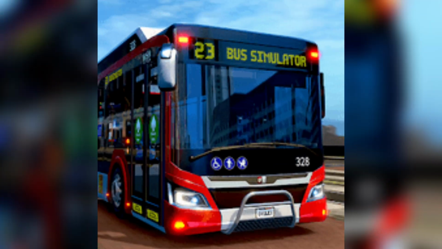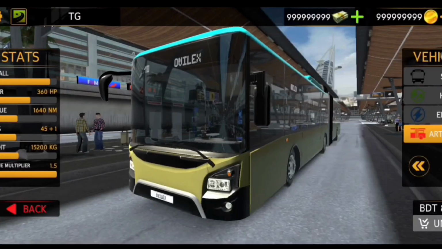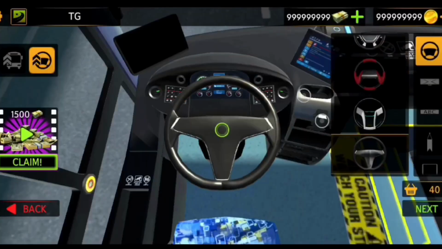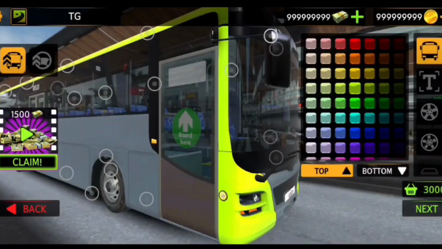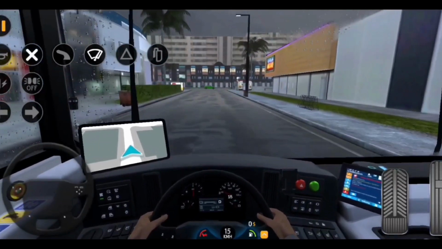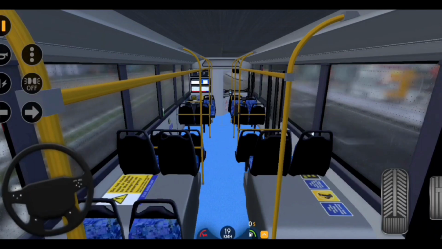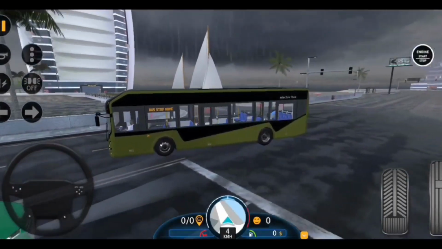The next game is Bus Simulator Evolution by OVLX. Once OVLX had monopolistic flow in the simulation gaming sector. Surprisingly, for releasing this new game, they took 3 years. But this time, it was a fully new one, not any update of the previous games.